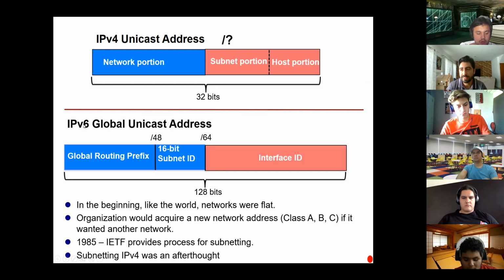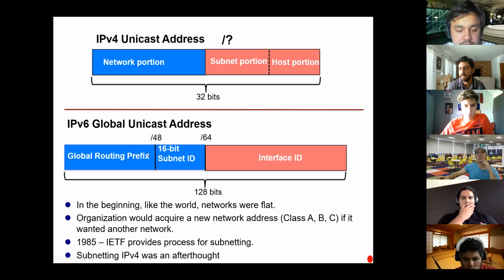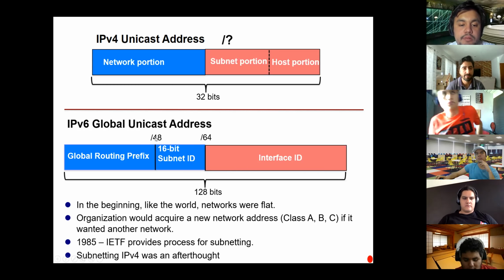Then about IPv6 addressing, we mentioned it's 128 bits. It's going to be something like this. We're going to talk about subnetting for IPv6 too. But just remember there is a global routing prefix, which is usually 48 bits, but depends, sometimes 40 bits. Then we have the subnet ID, then the interface ID, which is more or less the same as the host